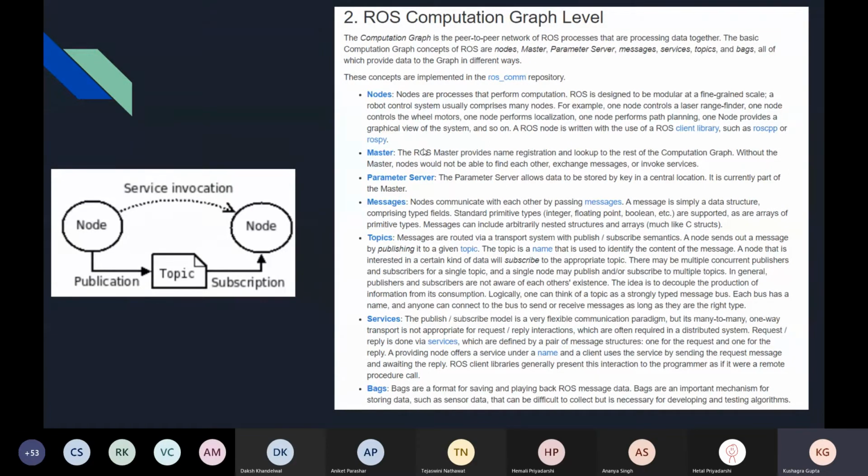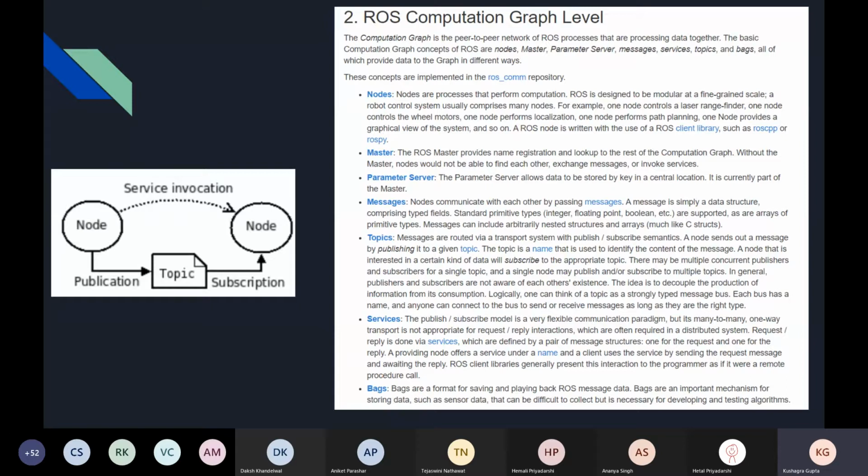There are nodes, and the important thing here is called the master. You can see the ROS master, I think it's the second point. What exactly is a ROS master? It just runs in the background and connects everything together. It keeps an account of what all nodes are running, and whether they are communicating with each other or not. It also needs your IP address. So basically it's like an accountant.